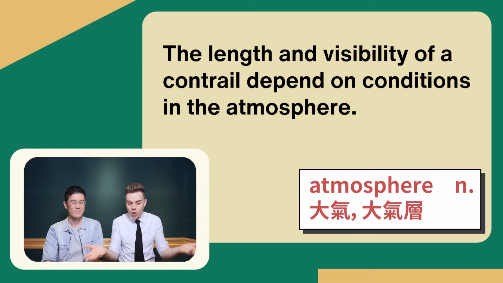The length, how long, and visibility, how well you can see it, of a contrail depend on conditions in the atmosphere, in the sky. OK, 我们来看这一段的第一句话，他说 the length，老师刚刚有解释说，到底这个长度呢，and visibility, how well you can see it，你能不能容易看得见，能见度高不高，of a contrail depend on conditions in the atmosphere. Atmosphere 指的是大气层，是大气，所以凝结尾这种飞机云的长度呢，其实还有它的清晰度呢，都是取决于大气的条件。